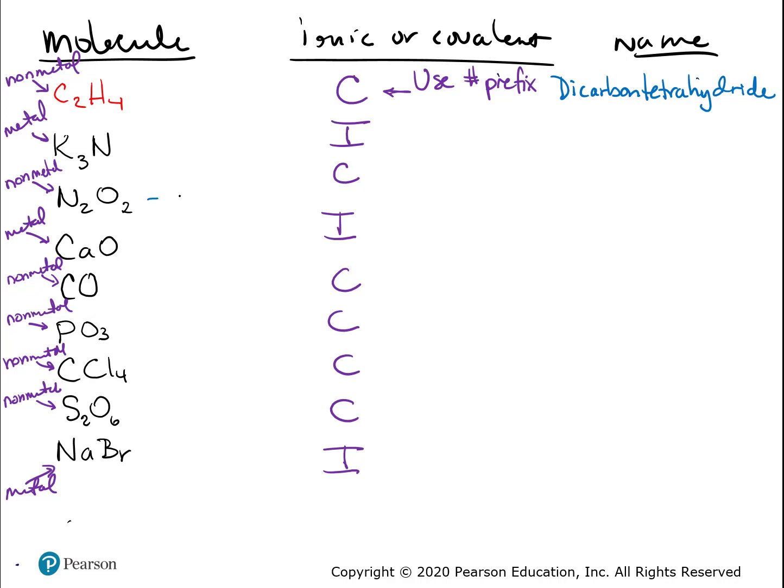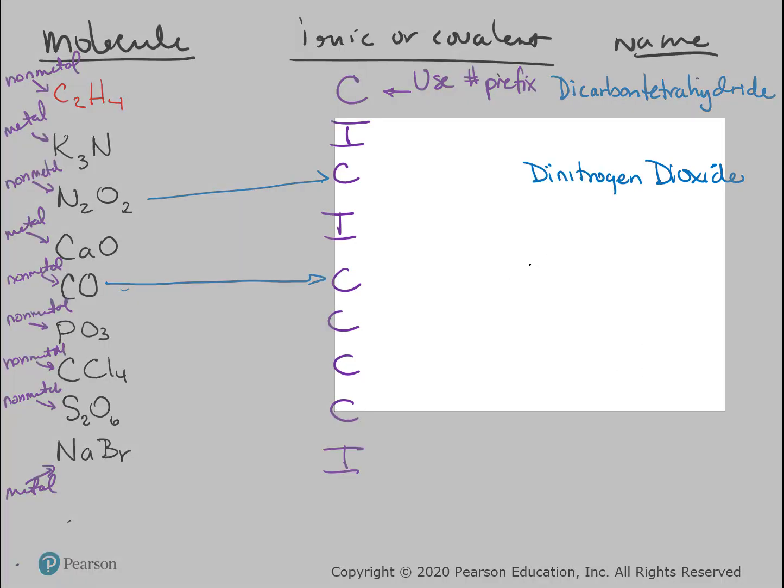So let's go down and do this one. So what's this one? N2O2. Dinitrogen and dioxide. Yep, dinitrogen dioxide. So then go down here. Let's do this one, CO. It's not cobalt, it's capital C, capital O, so I know that that is carbon and oxygen, so that is,